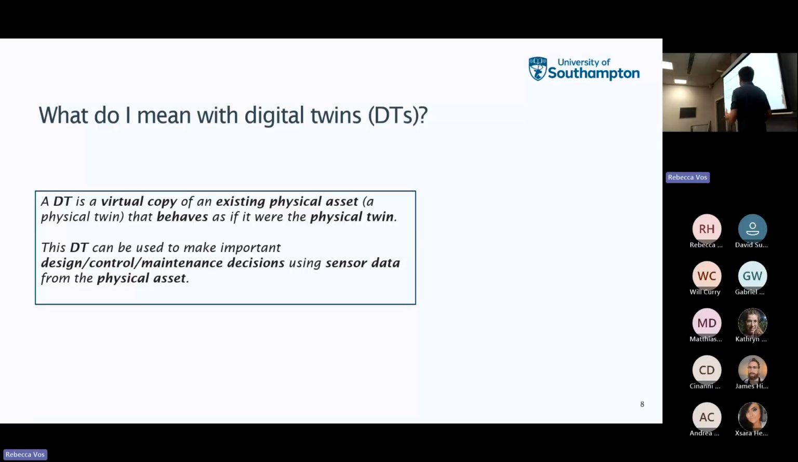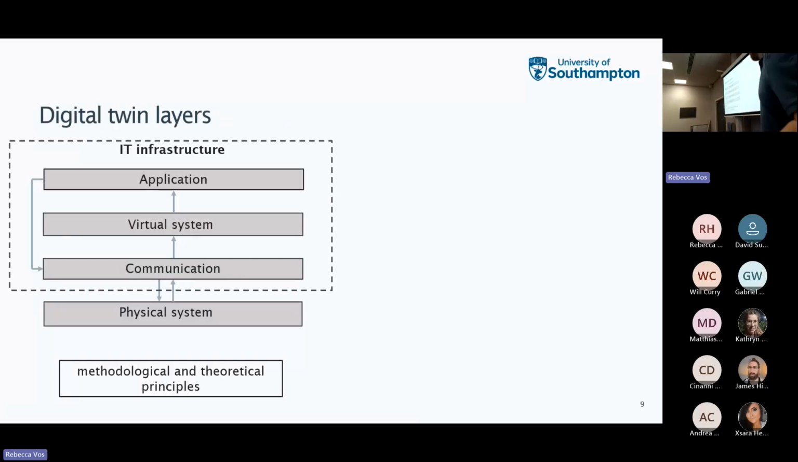could also be related to how we perceive sound. So if you have a virtual copy of, let's say, a human ear, that would also be a possibility. And very importantly, this digital twin behaves as if it were the actual physical twin. So that means that we can use this digital twin to make important design or control or maintenance decisions using some sparse sensor data from the physical aspect. So since this is just a definition, I'll try to make it a bit more clear with this slide